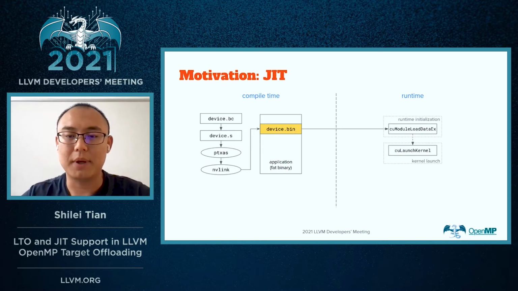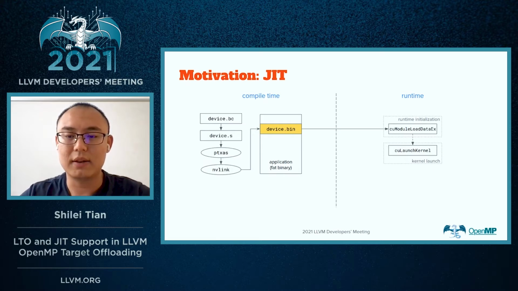In the current OpenMP offloading compilation flow, after we get the PTX from the LLVM backend, the clang driver will call PTXAS and nvlink to generate the device image, which is bundled with the host code to get a fat binary. During runtime initialization, the CUDA driver API is called to load the device image. When the target region is executed, the corresponding kernel entry will be passed to the driver API to launch the